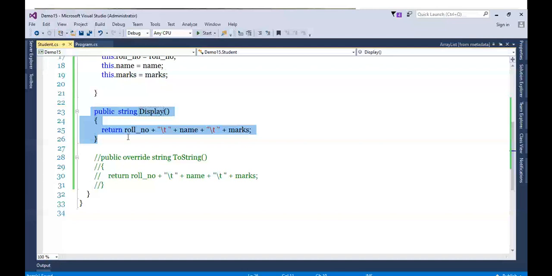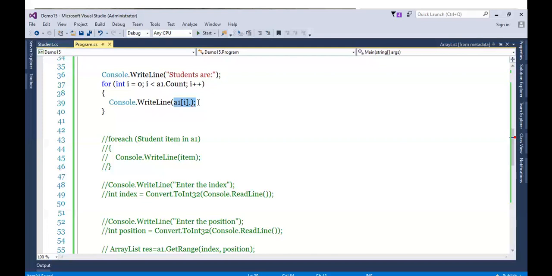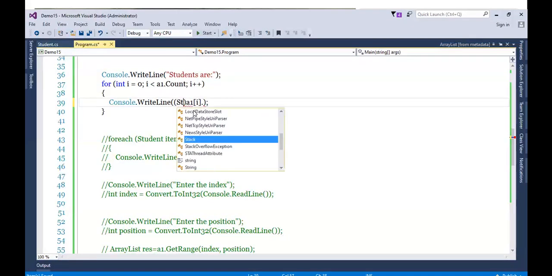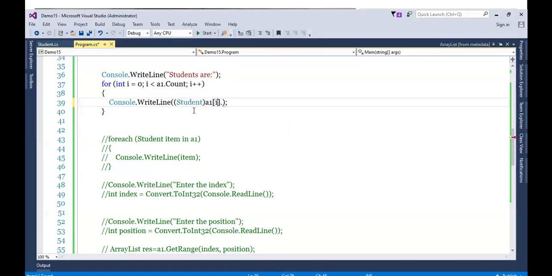I meant to typecast it. Yes. So you need to typecast this array list into student. Okay. So what you will do? Let's typecast this into student, and then you will be able to access the public functionality. In some cases, public properties and public methods need to be accessed using array list. So in that case, this is how you will do it. Now it is exposing display. Watch, because we typecasted A1 into student.